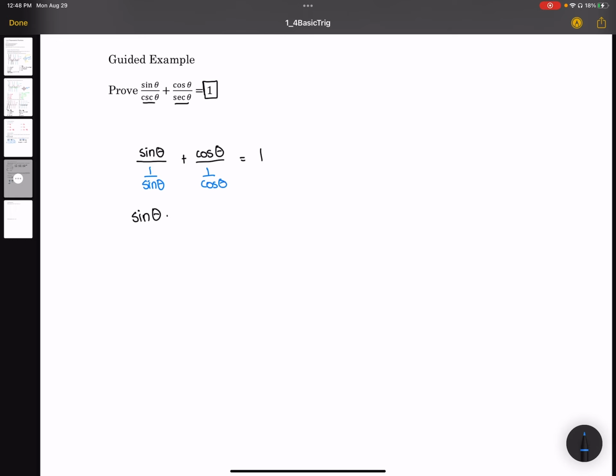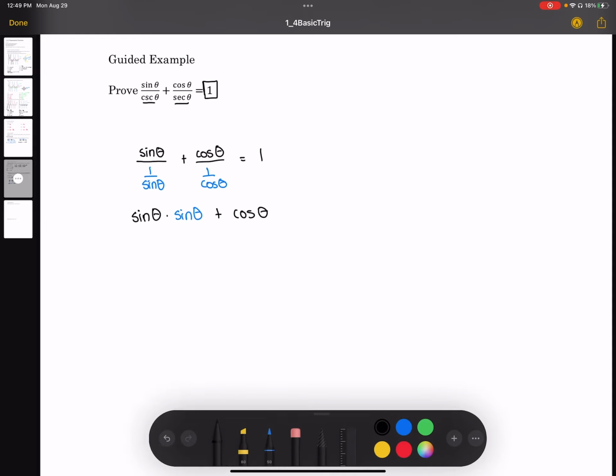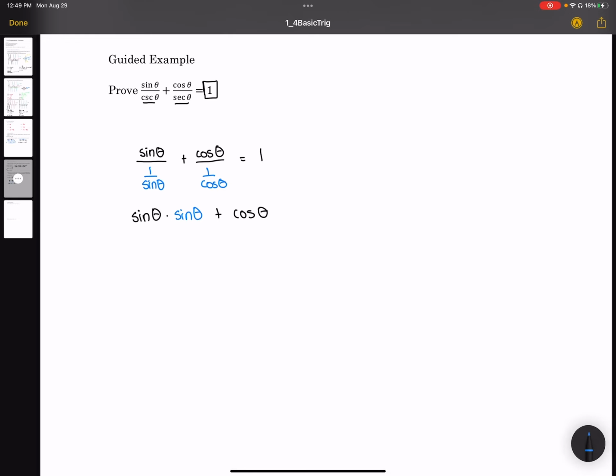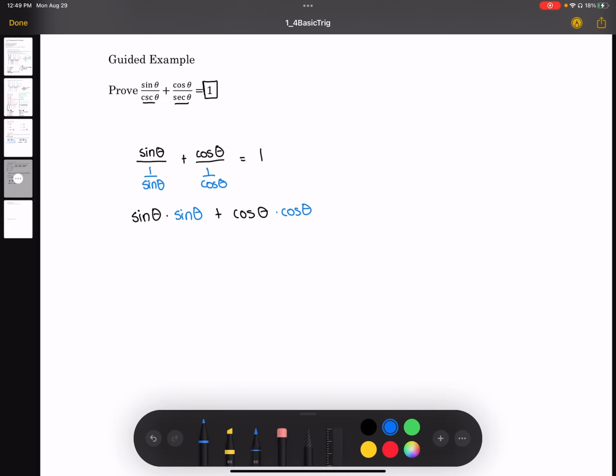So now we have sine theta times sine theta. We multiply by the reciprocal, and then that's going to be plus cosine theta, and we multiply by the reciprocal of 1 over cosine theta, which is just cosine theta. And so that's going to give us,